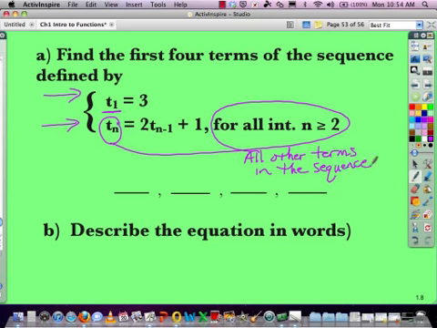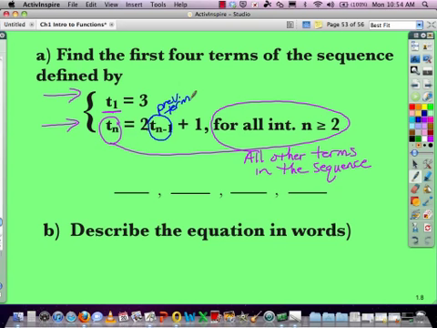So if we say, using those two purple things together, all other terms in the sequence, then we can go back and use our subscript of t sub n minus 1, standing for the previous term. And then I think we'll say the rest of it, 2 times previous term, that would work, and then plus 1. So now by taking a few of those subscript pieces, putting them together, actually putting words to them for meaning, it will now make sense. So with them up there, then I'll take away and see how it goes and see if you can get it. So reading it one more time,